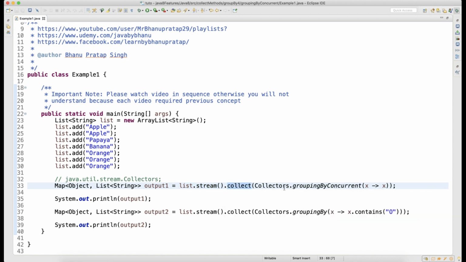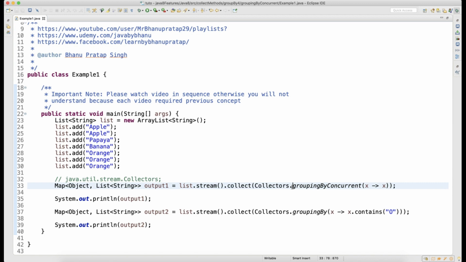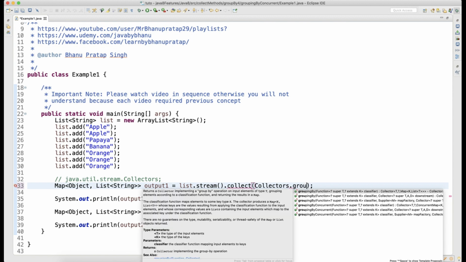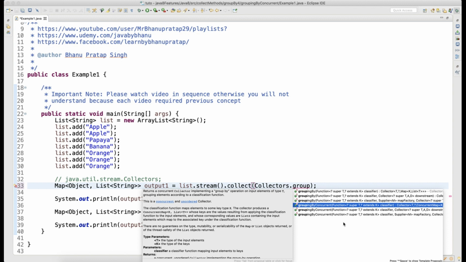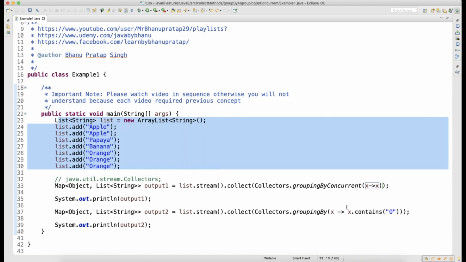Then collect the data. How do you collect? We need to write collectors inside that. So I am saying collectors dot groupingByConcurrent. When you say collectors dot, there is a method called groupingByConcurrent. So groupingByConcurrent, how do you want to group them? I want to group them by the string name itself, x comma x, which means the list has strings. So when I say x map to x, it means the same string